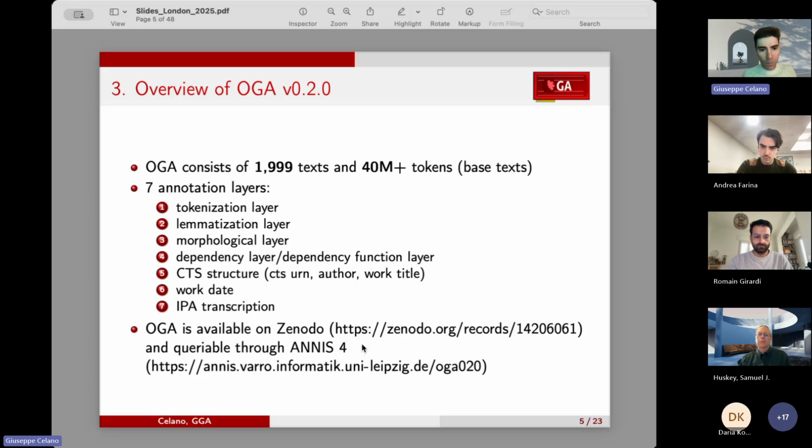What I wanted to note here is that the data is available on Zenodo, and it can also be queried online using ANNIS 4. I wanted to note that when I started, I thought that I could just rely on GitHub, but then since the data became bigger and bigger, it became very difficult, impossible, to work on GitHub. So this is why I decided to